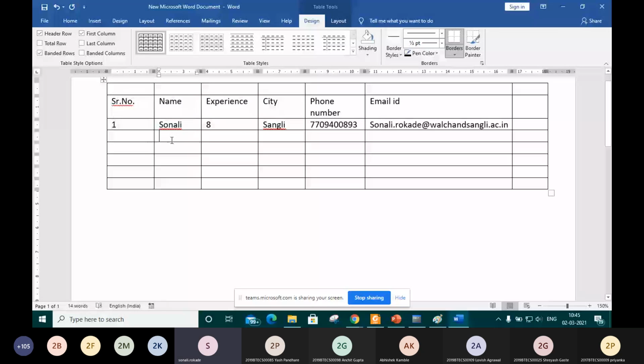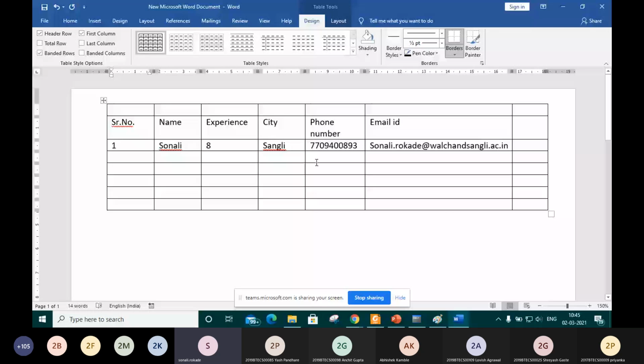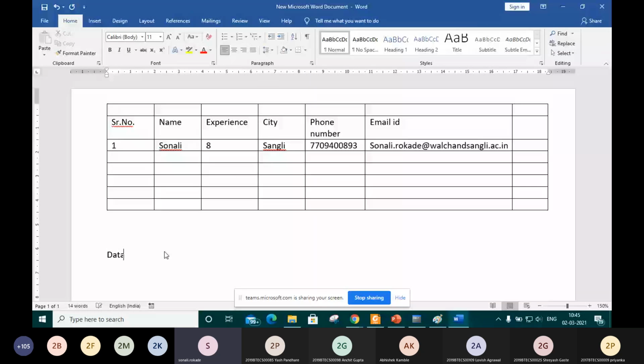Right now we are having our college. Suppose this is the personal information data, which is stored in table format. So we can say that database is a collection of data. Now how is that data collected?